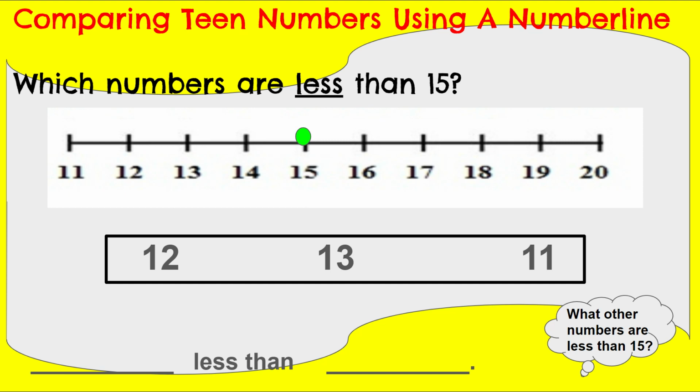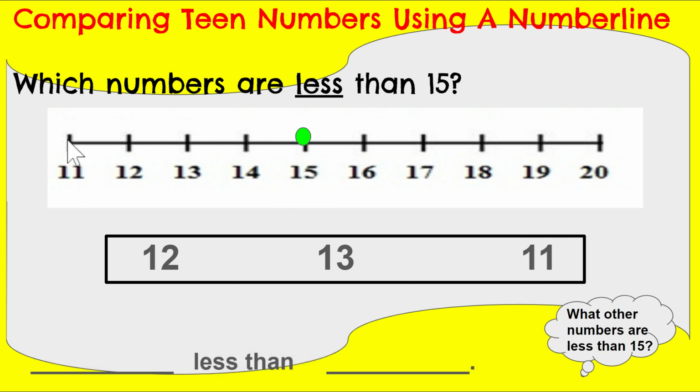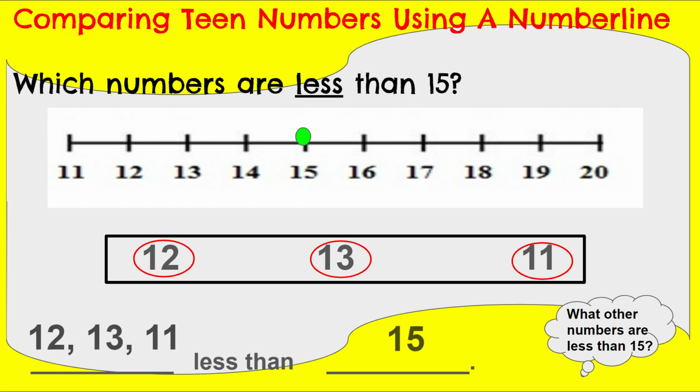Okay, how about number 13? Let's find 13. Boop, there it is on my number line. Is that one jumping less? Yes, you're right. And how about number 11? Let me find it. Oh, there it is. Did you find it? Is that jumping less? My number is getting smaller? Yes, it sure is. So all of those numbers, 12, 13, and 11 are less than 15. Say it with me. 12, 13, and 11 are less than